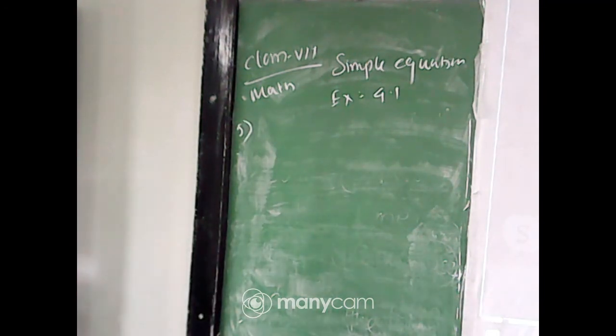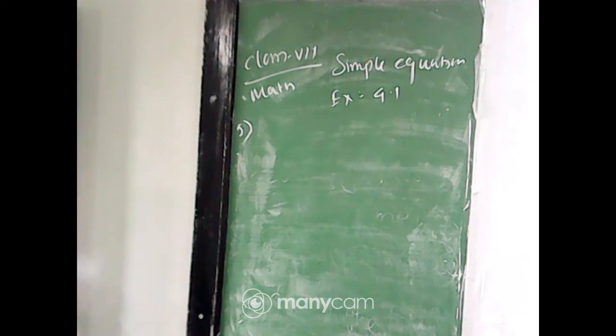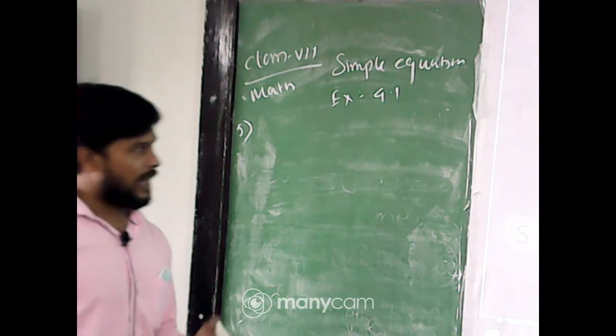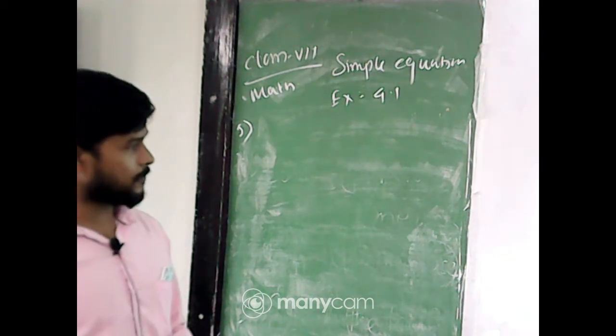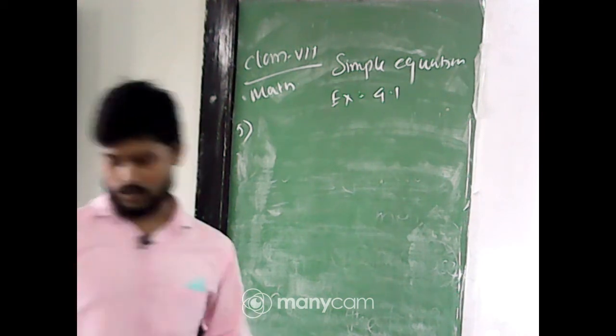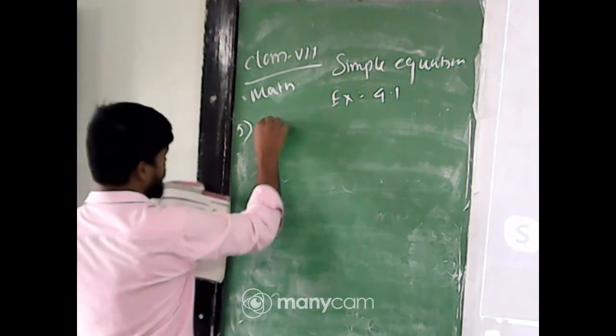Now, remember one thing, what we have done in question number 4. In question number 4, a few mathematical statements were given, and from there we set up the mathematical equation. Here in question number 5, what we have to do is just the opposite. Here a few mathematical equations are given, and we have to write the mathematical statement. Clear? Okay. So let's start from the first question.